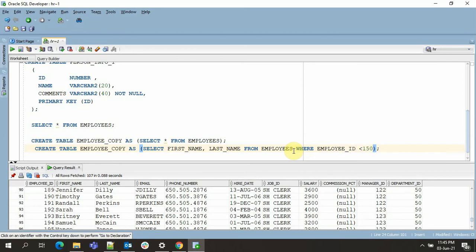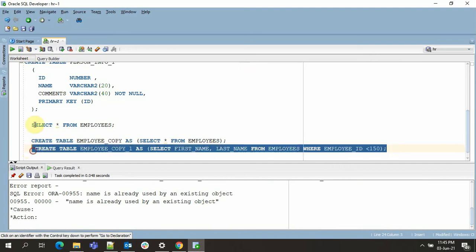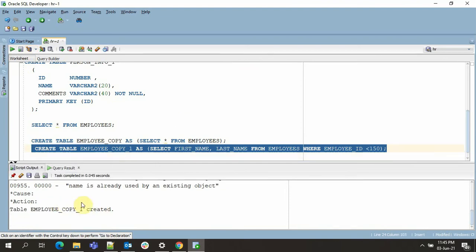Okay, so we'll just try running this. Oh sorry, this name is already taken. I'll just give copy 1 and let's try creating it. So see, now the table is created.